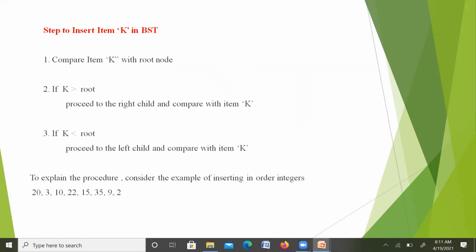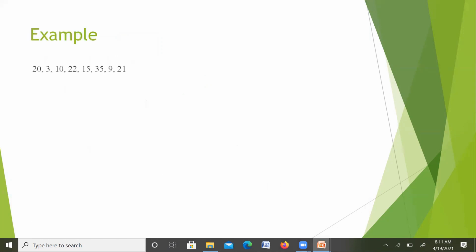By using these values, if we want to construct a new binary search tree, then initially we consider 20 as the root node. Then the next node value is 3. Now 3 is less than 20, so it proceeds to the left side. So 3 is the left child of 20.